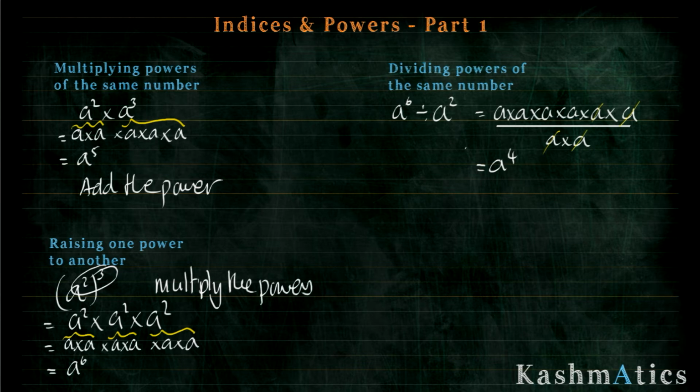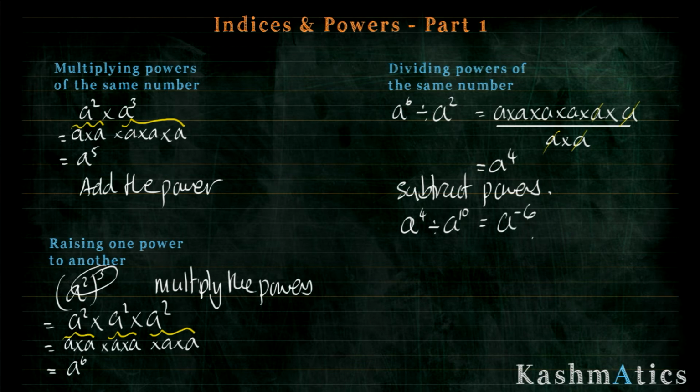Oh, and I forgot to mention in this one we subtract the powers. So 6 take away 2 is 4. That's why that's a to the power 4. But with this one here, we've got to be careful about the order. So let's say we had a to the power 4 divided by a to the power 10. I need to subtract them in the order they're being divided in. So this would be 4 take away 10, which is a to the power